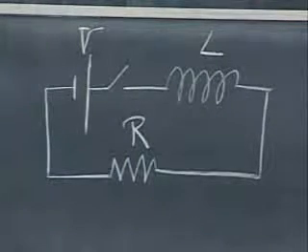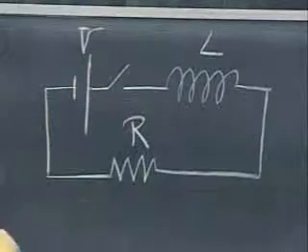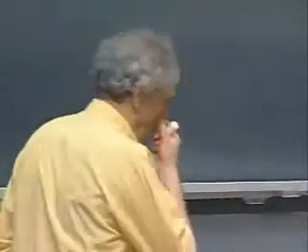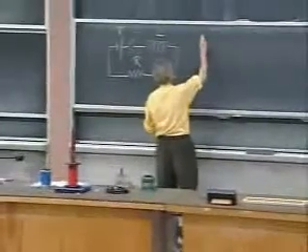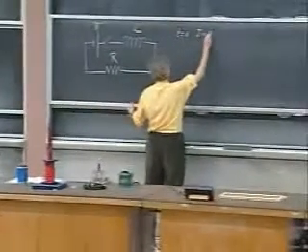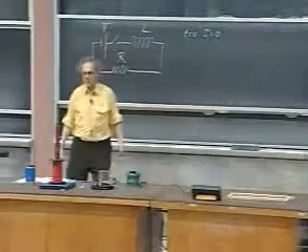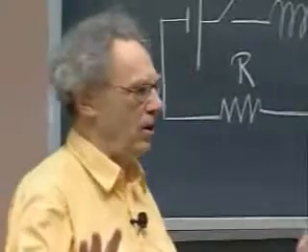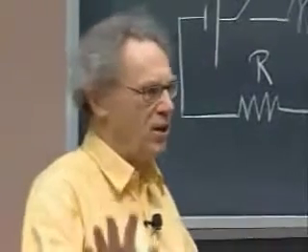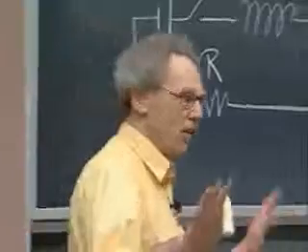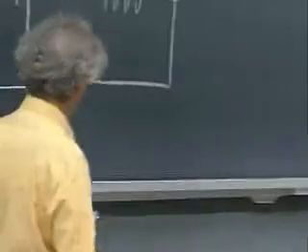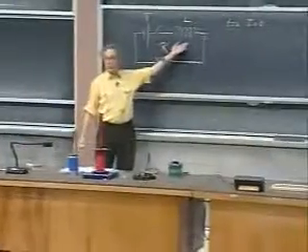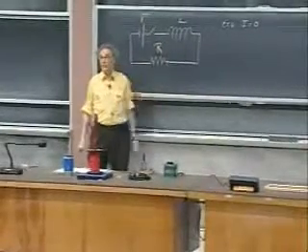And I close this switch when there is no current running. In other words, at time t equals 0, when I close the switch, there is no current. When I close this switch, the current wants to increase, but the self-inductance says, take it easy, Lenz's law, I don't like the change of such a current. So the self-inductance is fighting the current that wants to go through it. But there comes a time that the self-inductance loses the fight if you wait long enough, and then, of course,